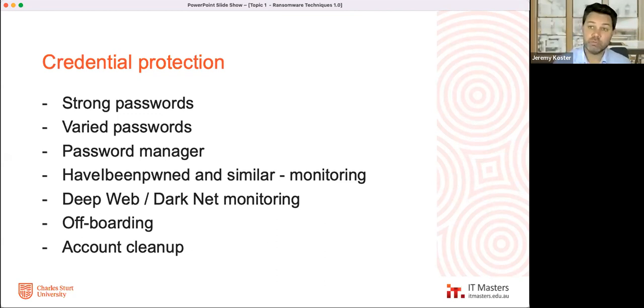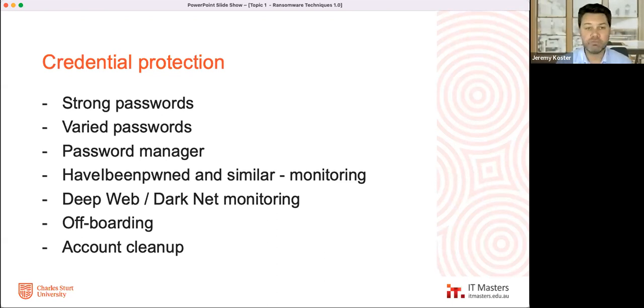So the only really easy way to do that, or kind of useful way to do that these days, is to have a password manager. It sometimes does feel wrong to put all the passwords in one system so that you manage all the other systems. It's almost like that Genesis email address I was talking about before, where if you access that email address, you can get access to all the other applications through password reset. But the password manager is a much better way to do that, so that it can generate random passwords for you and you can manage them that way. And that is, I think, a more secure way of doing it.